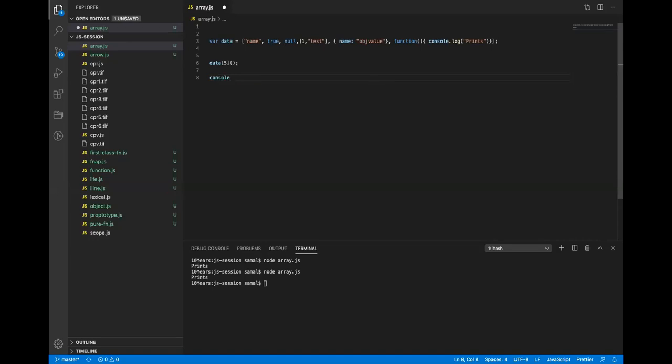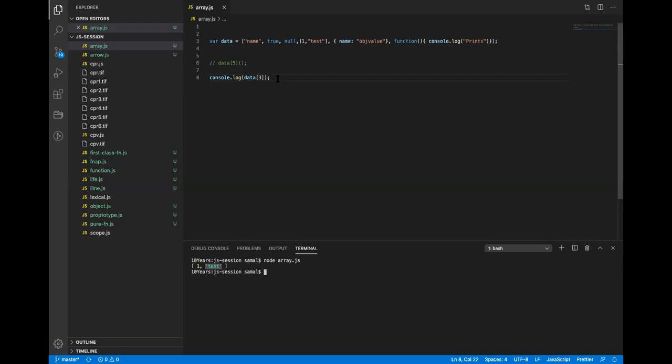Now tell me, if I want to read the item of the second, the nested array, what will be the syntax for this? It was 3. Then if I do 3, I can read this. Now let's say you want to read the test key. I just want to read this value.